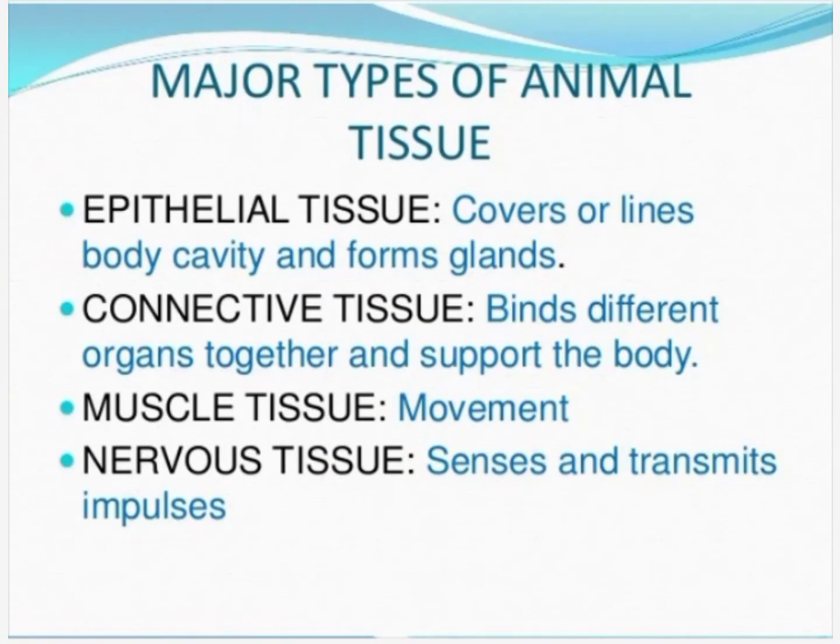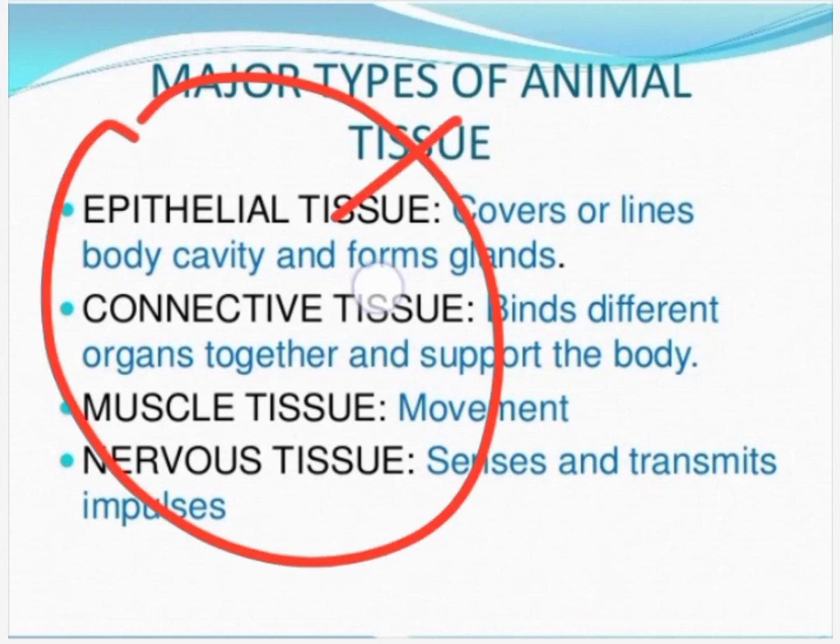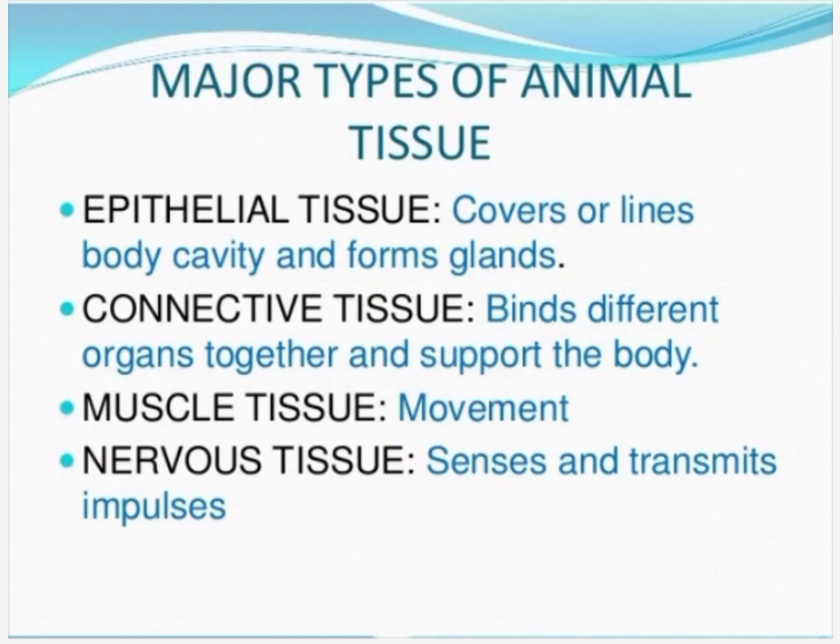Now that you know what tissues are, you need to know the major types of animal tissues. As I mentioned earlier, first we will discuss animal tissues, which are way more interesting as compared to plant tissues. Plant tissue is also very interesting, but right now we are talking about animal tissues. Animal tissues are majorly categorized into four different types: epithelial, connective, muscular, and nervous tissues. We'll discuss each one of them in detail in the upcoming videos, but for now I'm just giving you a superficial idea of all the four.